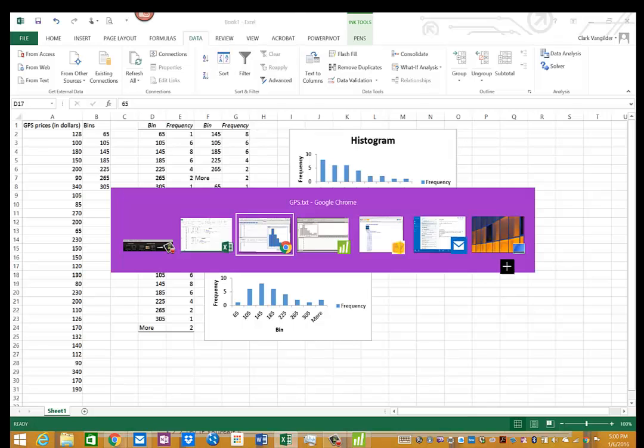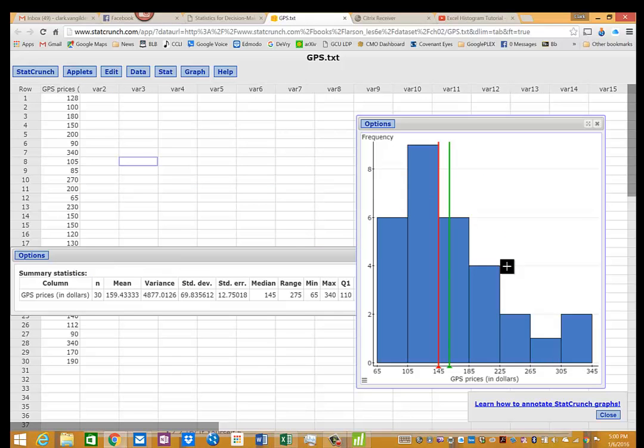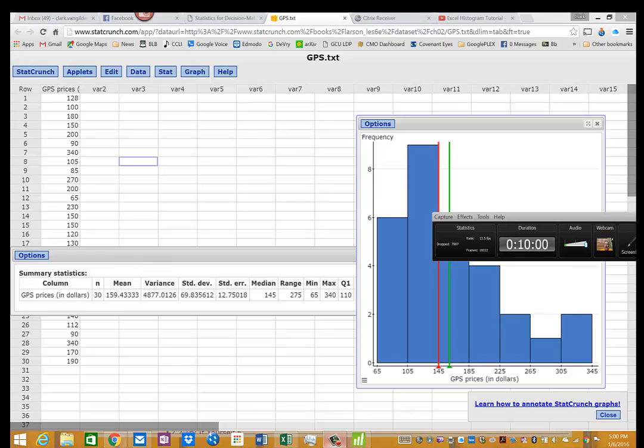So my point here is that these are roughly equally good ways to go. However, it is my opinion that for histograms and many things in this course, StatCrunch, not only is it quicker and easier, it's also better looking, and it gets straight to the answer in the way that the book is expecting you to get an answer. So that's my recommendation,